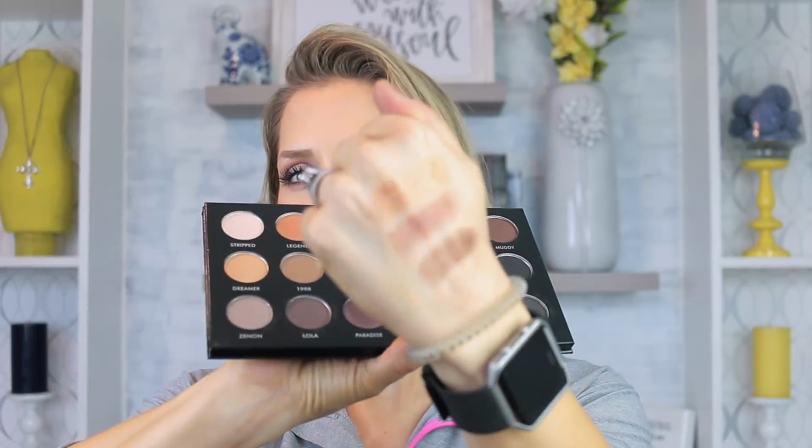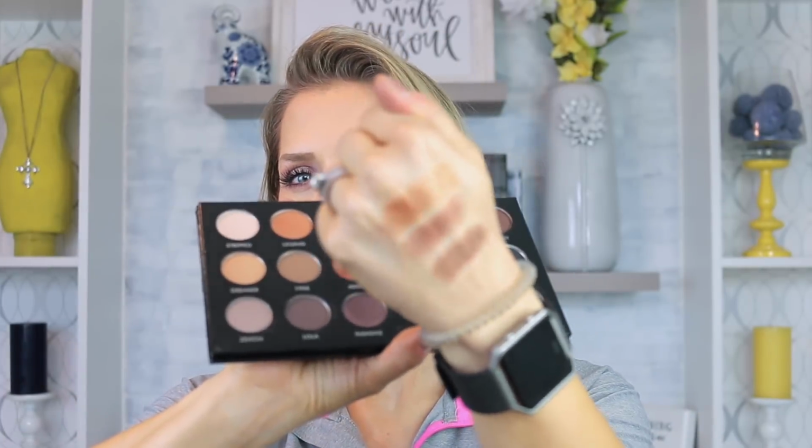So the one thing that I like the most about this is that there's absolutely no kick up and no fallout whatsoever. So these are a couple of the shimmer shades. You see they're not like knockdown metallics, but when you turn your hand and they hit the light, you can see the nice gleam that they have on it. And I like that especially for